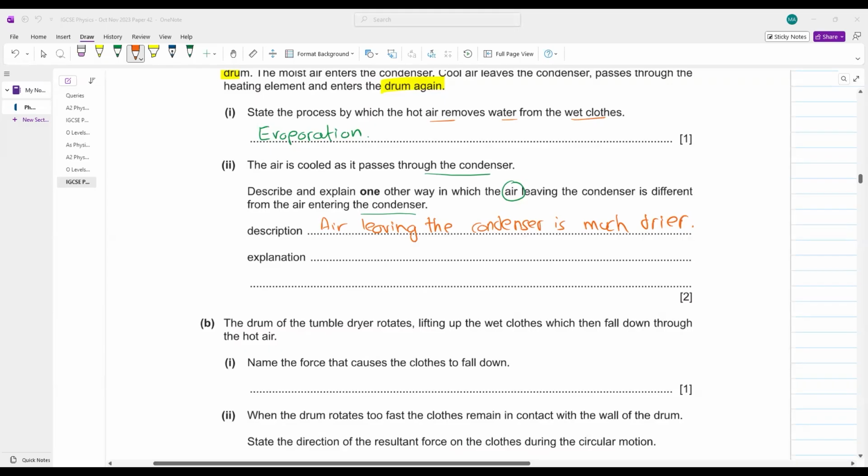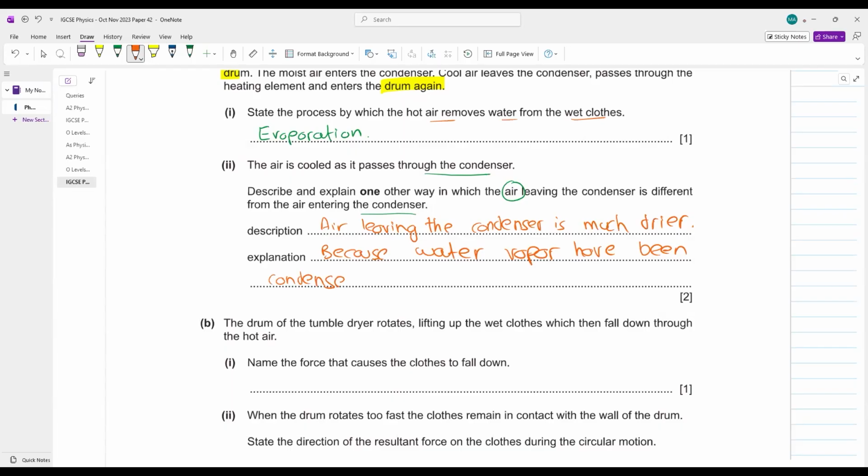Because the water vapors have condensed or turned into a liquid in the condenser. Because water vapors have been condensed into liquid